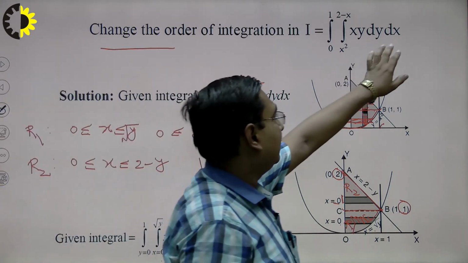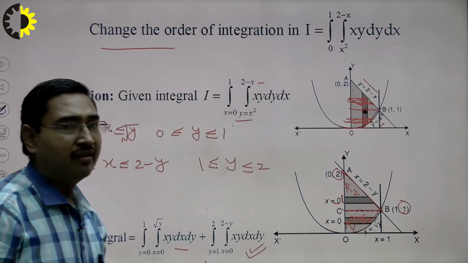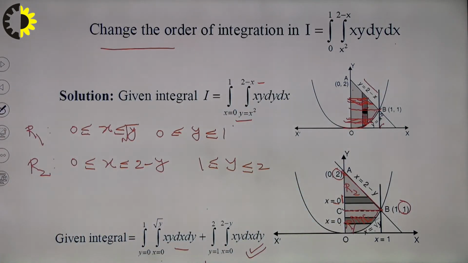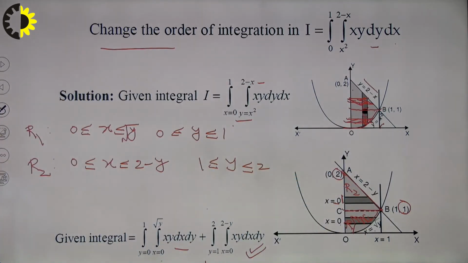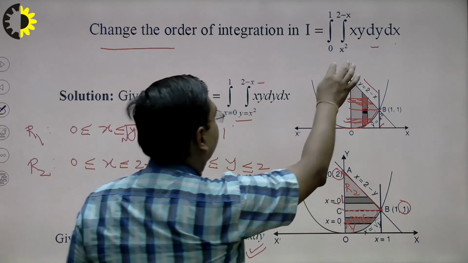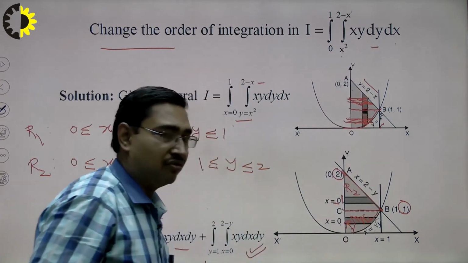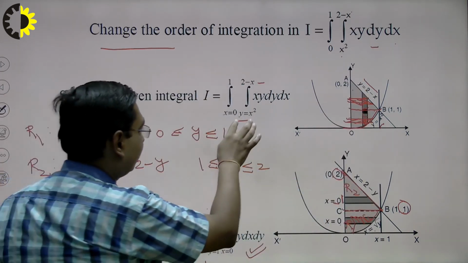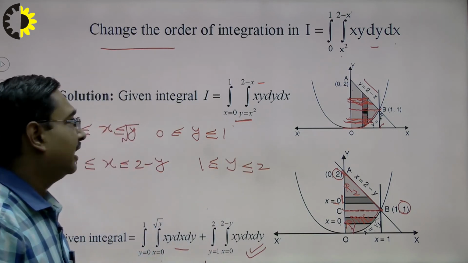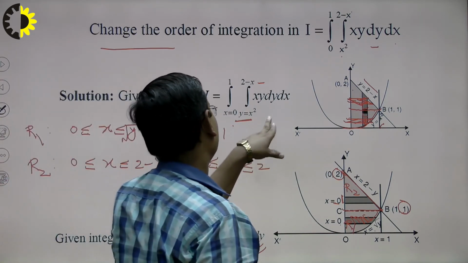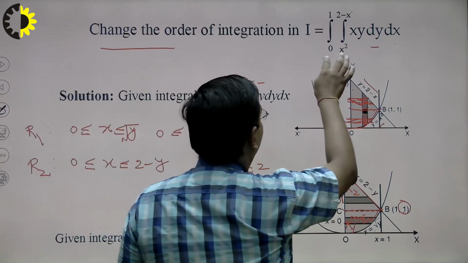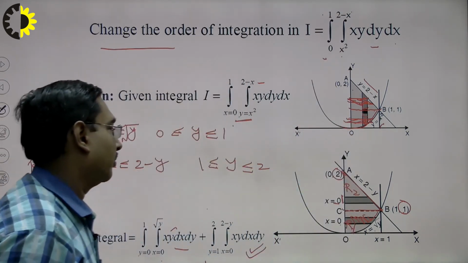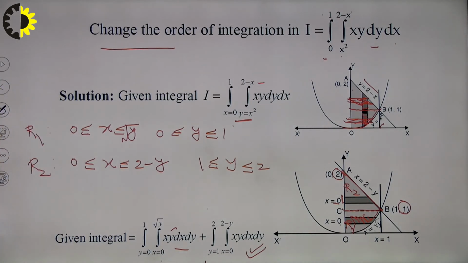This double integral was given. We were looking to change the order of this double integral. First of all, I have seen that the limits are in terms of x. So, these will be limits of y, and therefore I mentioned y equals x square to 2 minus x. Those limits which are occurring outside will automatically be limits of x. Then the region of integration was drawn.